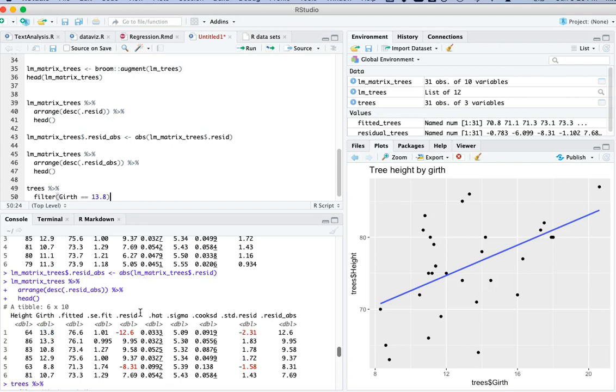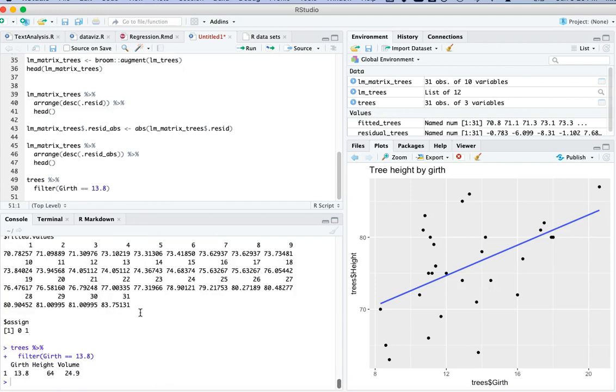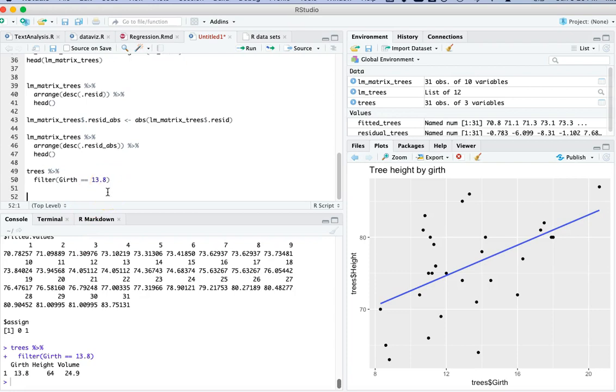So I'm going to go ahead and find this data point. And I run that, and I find that, as I already knew, there's no more variables in this data set that's going to tell me any more about this tree. So based on what we know, we're going to have to keep it. All right, so we're going to move on,